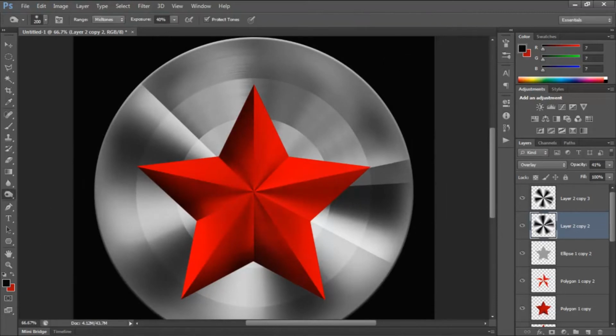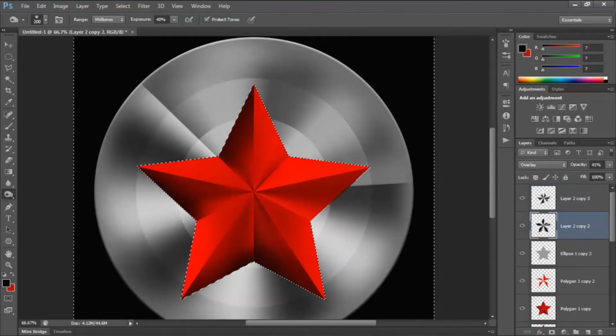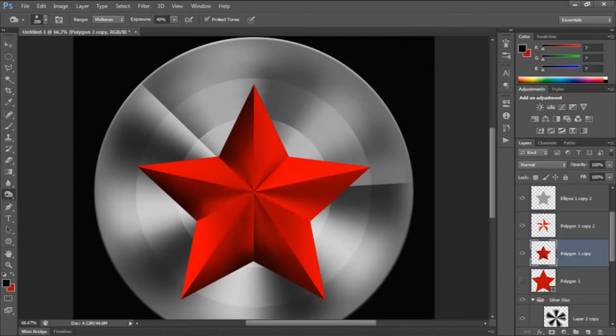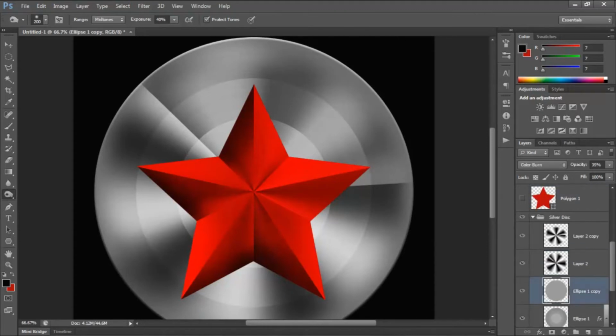Yeah. And then I'm gonna delete the axis using my selection method that I told you guys earlier. Let's do it here and here and deselect. So we have our star ready. The next step is to give the disc a bright